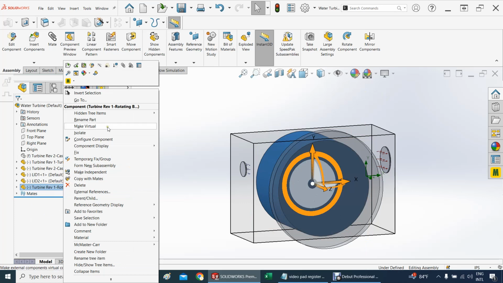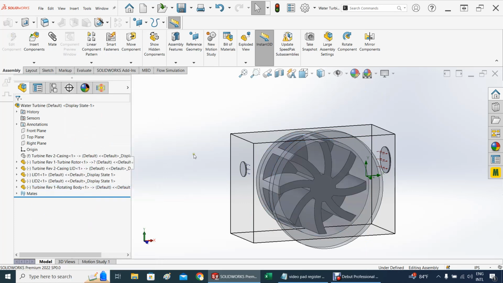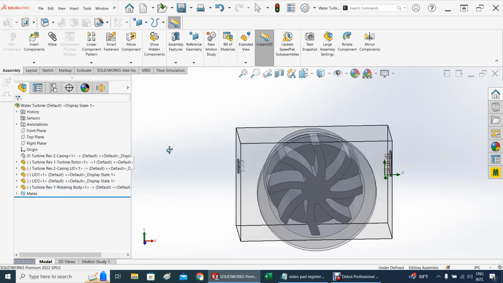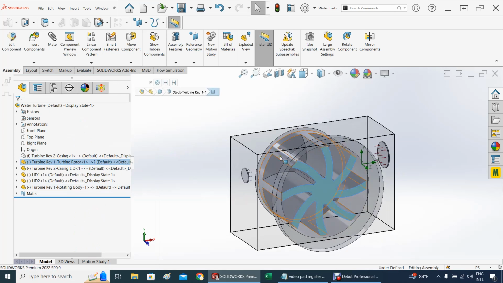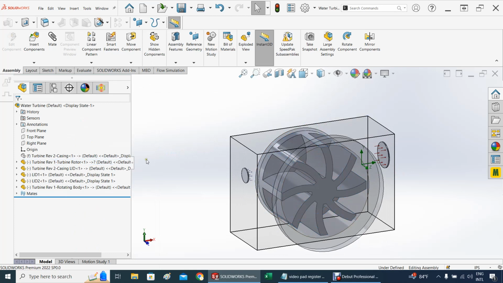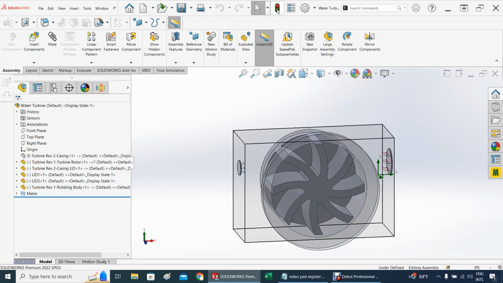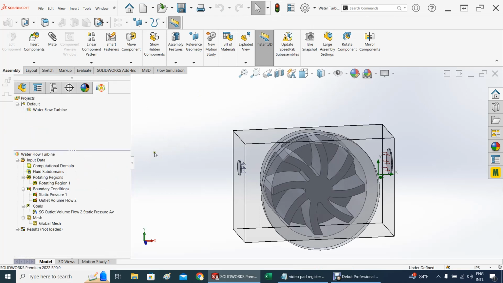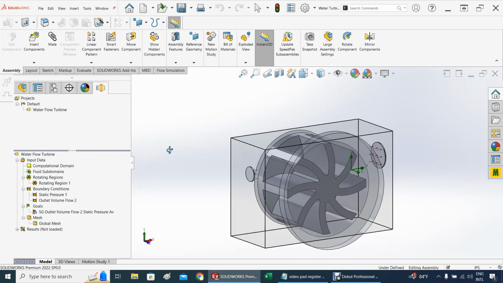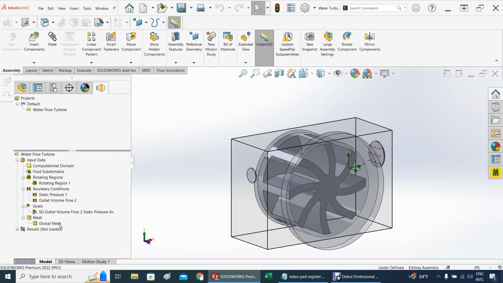Let's get that on so I can see, let's see if I can pick the turbine, the rotor. Yes, I think I can certainly do that. All right, so now it looks good. Now let's regenerate this from time to time just to be sure everything is looking good. Let's move now here, and there we go. So now let's go back and